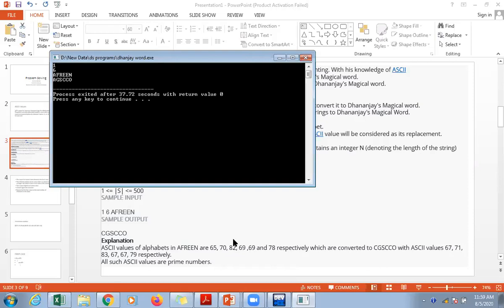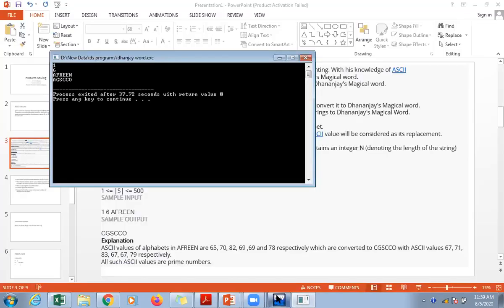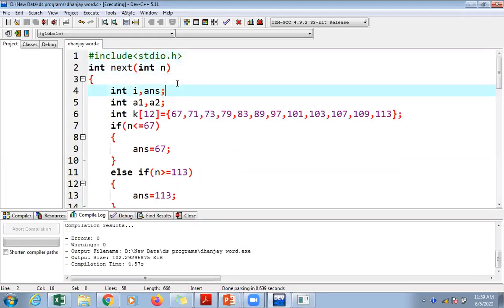So AGSCCO. So it must be, so something is wrong here. So it will be CGSCCO. So it has not replaced A with, what is the mistake here?